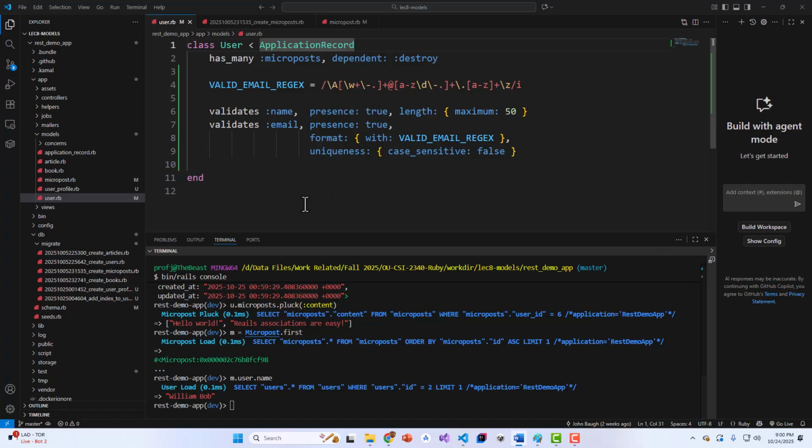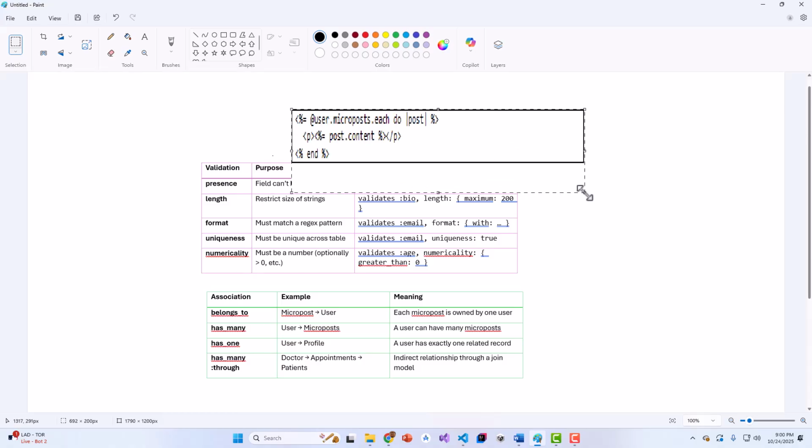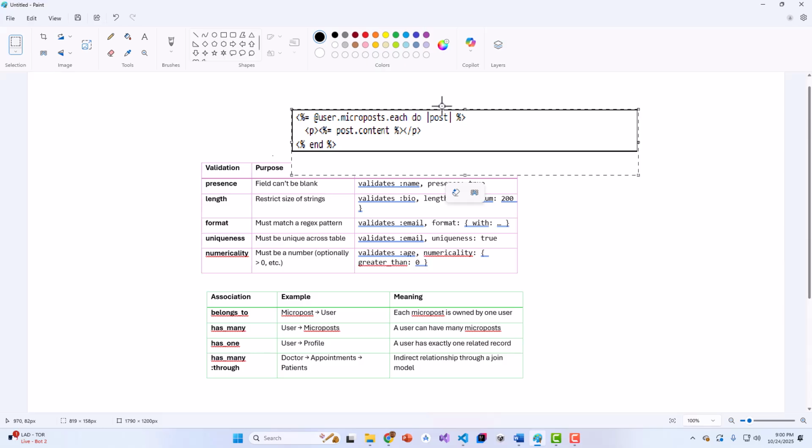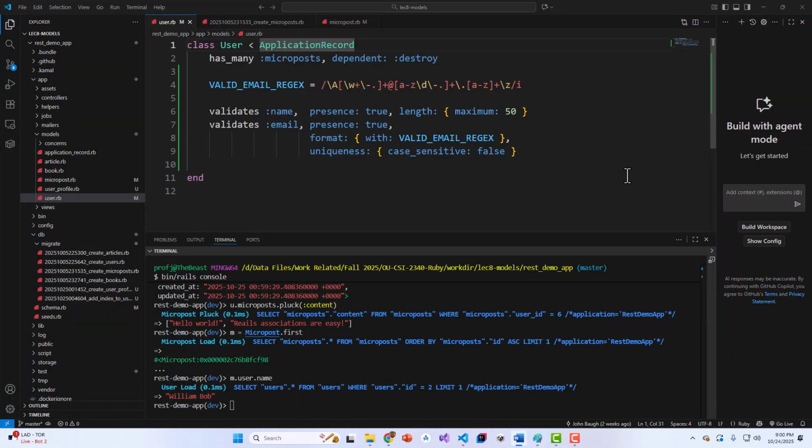Okay, so step 5 in this is we're going to preview how the associations affect routing and views. So you don't need to implement this code yet, but as a preview of how your associations would be made, I'm going to see if I can bring this up in here. So it's kind of small, but user.microposts.each, and then on each post, you can say post.content with this syntax right here. Okay. So you could also create new posts tied to the current user. So like current_user.microposts, like u.microposts, like we just had, .build, and then you say content of